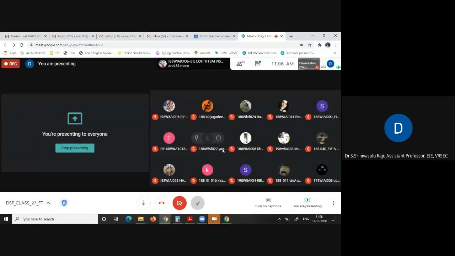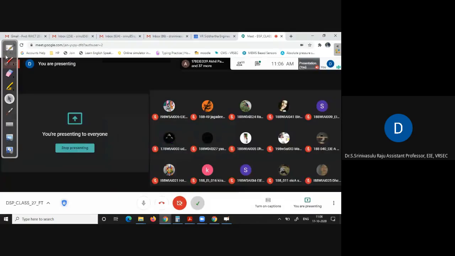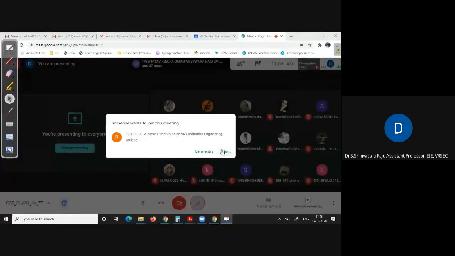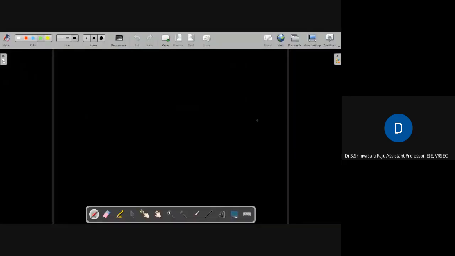DIT FFT and DIF. If you know these two concepts, okay. So first we will see, again, I am repeating the steps we have to follow to find the DIT FFT algorithm. The first step is you have to find the length of the sequence, which is nothing but capital N. Okay, ma. I shared the screen. All of you can see my screen, right? So the following steps for DIT FFT.